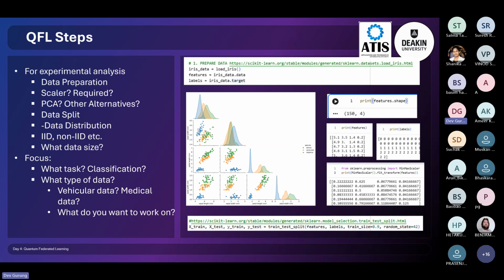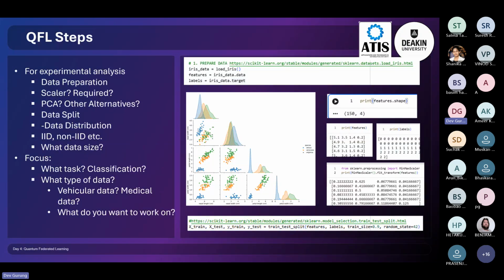When we try to use it, the feature map is designed in such a way that the number of qubits equals the number of features. So 200 features, 200 qubits. That would be really, really tough if we try to run the code and experiment, right? Very expensive computationally. So in that scenario, we have to apply PCA, dimension reduction,